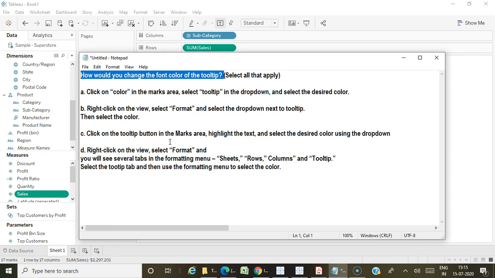At least in those 30 questions, you will get 10 questions based on multiple answer questions. So when you are reading a concept, you have to concentrate. For example, we know how to do formatting, we know what filters are, we know what sets are, but that's why I am saying to go through the Tableau help document, because somewhere at some point we will be missing something, and that point will be asked and you would not even have read about it, so we will not even choose it, because we already know the correct answer.